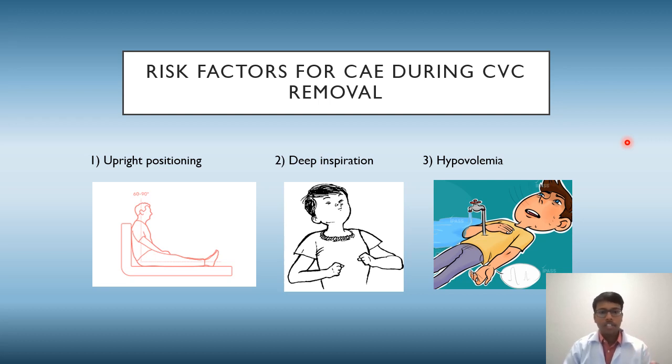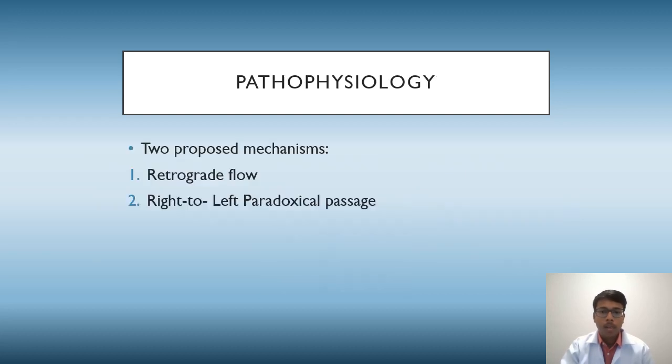As the central venous pressure is very low, when the CVC was removed, the outer atmospheric pressure overcomes the central venous pressure, allowing the air to enter into the venous circulation. Now the pathophysiology. Two proposed mechanisms were shown on how an air embolism can enter into the cerebral vasculature,